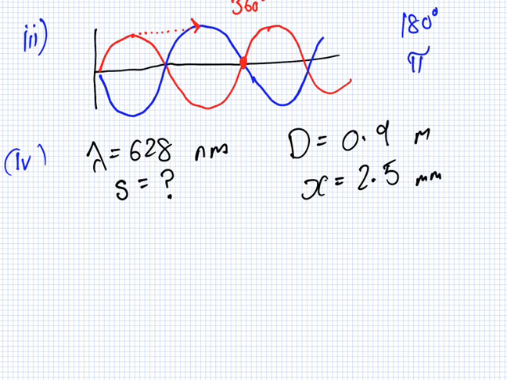We need S, and our formula is lambda equals x d over s, isn't it? So S equals x d over lambda. Now, do we know the lambda? Oh, we do, so we know everything. Alright, so we have x times d